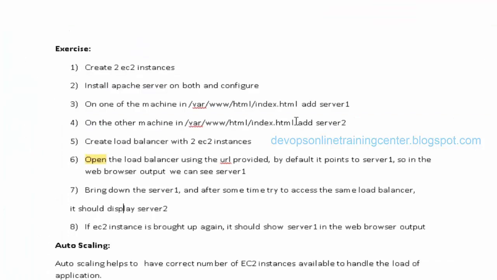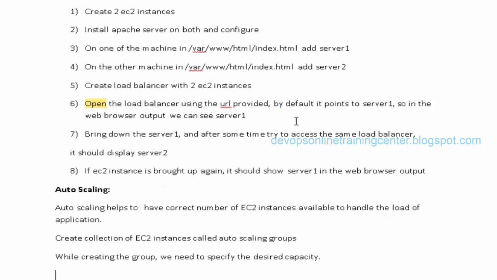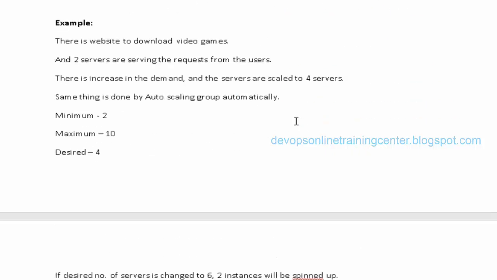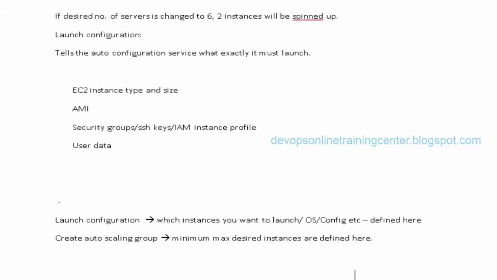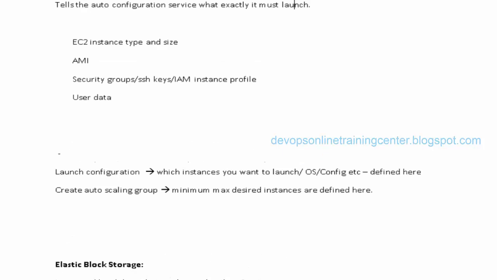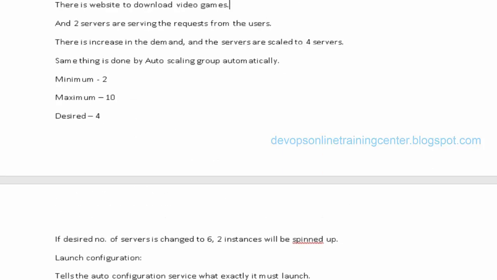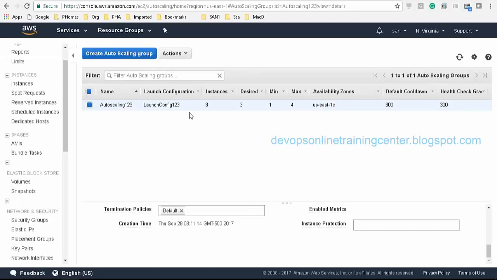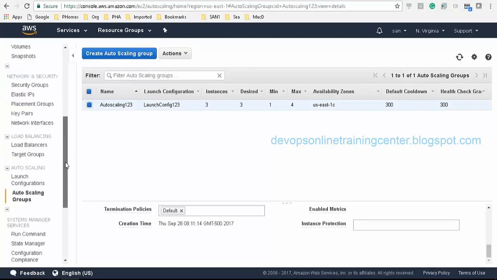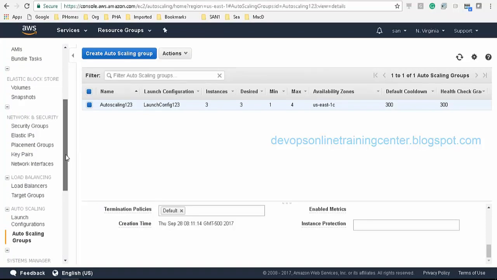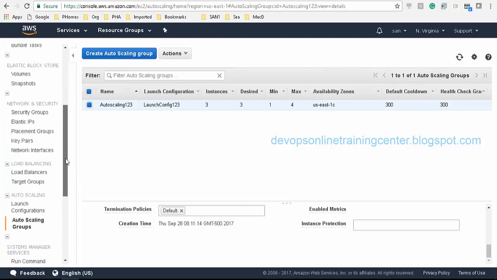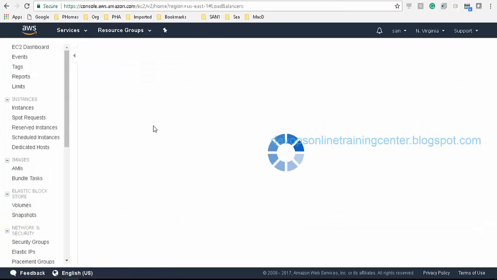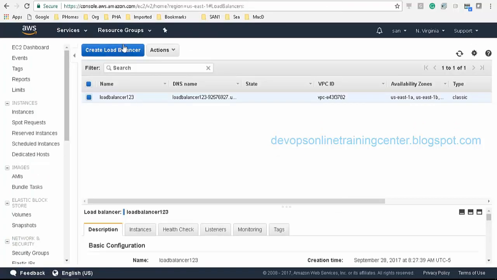Okay, I think it will be. Okay, let me try to create one.